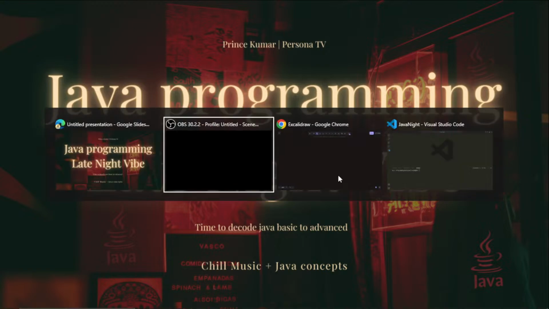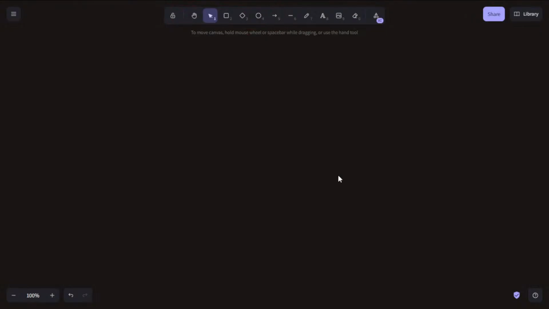Starting with: what is Java actually? How did Java come into the market after C and C++, what is the use of Java programming in companies, and how did Java actually come into the market?